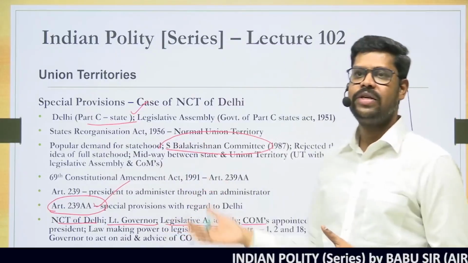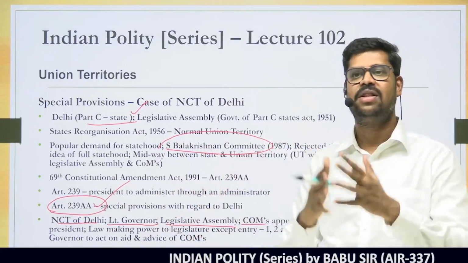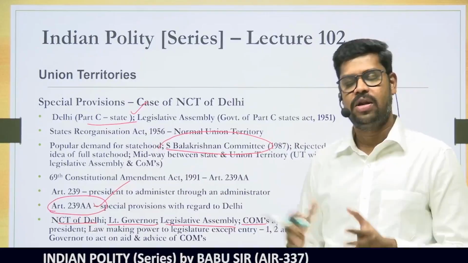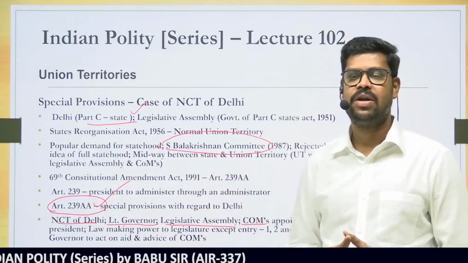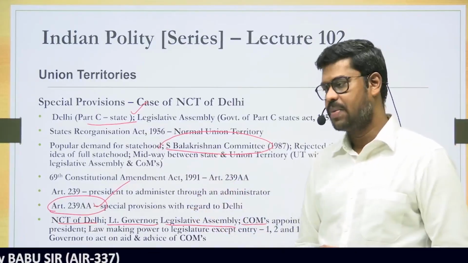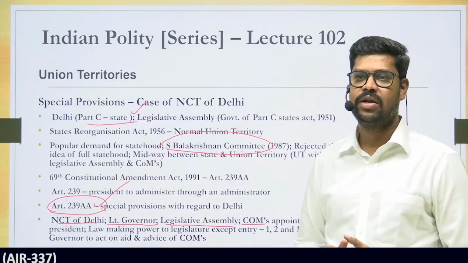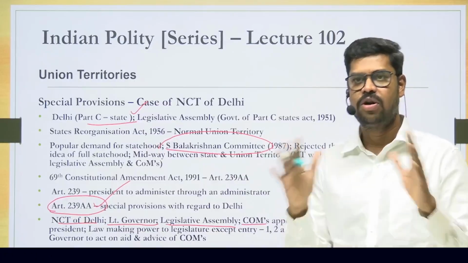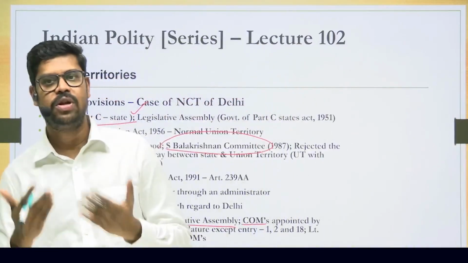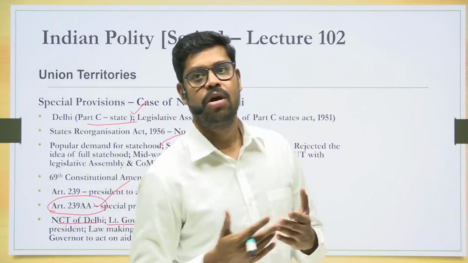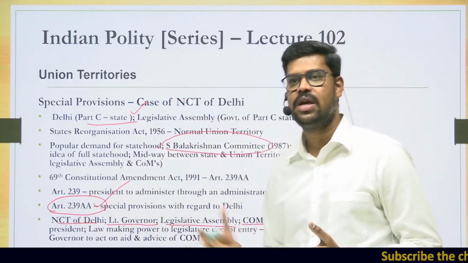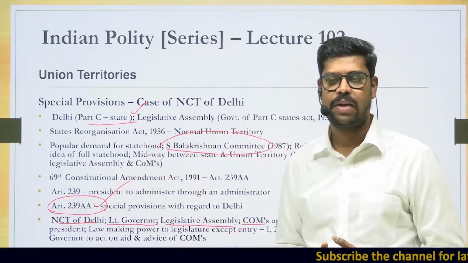But despite all these constitutional provisions, there is a lot of tussle that was happening between the National Capital Territory of Delhi and the Union Government, which I'll subsequently discuss in a separate lecture. All right. So with that, I'm coming to the end of this particular lecture. I'm quite sure that it would have given a broader idea as to what is the constitutional provision of Union Territories, how the Union Territories came into existence, what are the other important dimensions related to the Union Territories, and how the special status was given to the National Capital Territory of Delhi.